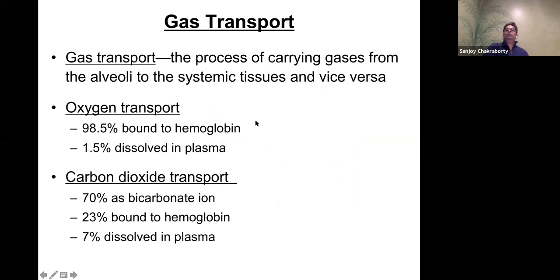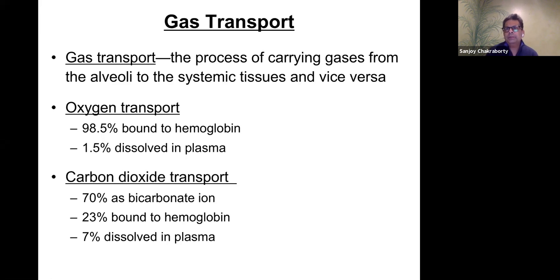The reason is hemoglobin. Because in the blood, now we're going to focus on the blood a little bit. In the blood, we have RBC and blood plasma that are involved in carrying oxygen. Carbon dioxide is coming up later on. Now in the blood, 98 percent or even more is bound with hemoglobin directly. You have to imagine this: as soon as the oxygen goes into the blood, a little bit dissolves in blood plasma, but most of it is captured